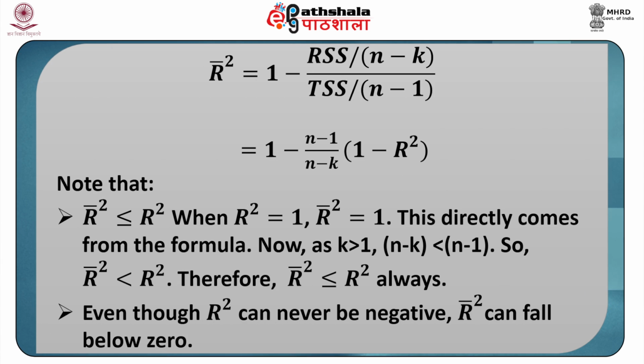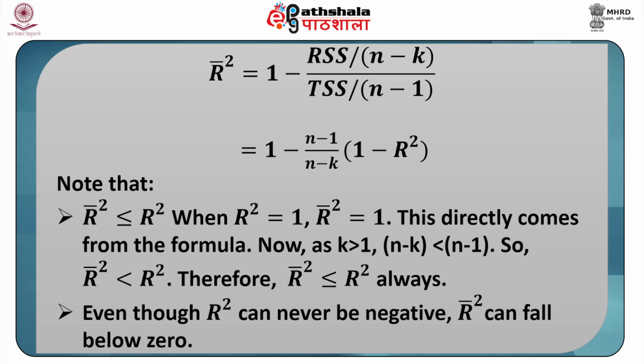The formula for calculation of R bar square or adjusted R square is as follows. This is denoted as R square with a bar, so we call it R bar square, and is equal to 1 minus residual sum of the squares divided by degrees of freedom n minus k, upon the total sum of the squares TSS divided by degrees of freedom n minus 1. On simplification, it can be written as equal to 1 minus (n minus 1) upon (n minus k) into